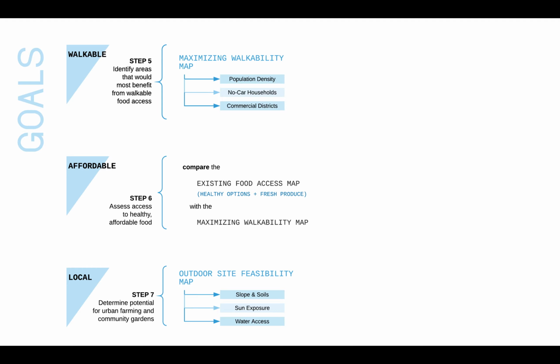For goals, there's a maximizing walkability map at the end of step 5 that takes into consideration population density, no car households, and access to the commercial districts. Then that map and a map communities would have made earlier in step 1 are used to create a comparison assessment in step 6. So after step 6, it starts to get more complicated and more maps are made and more comparisons are drawn, but